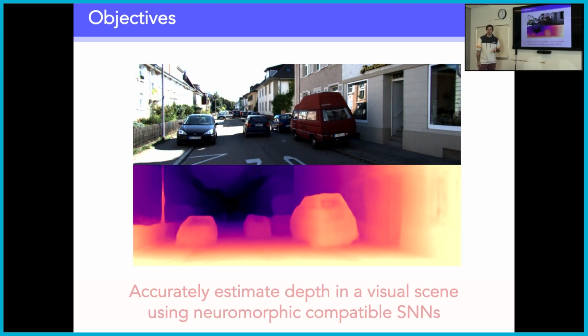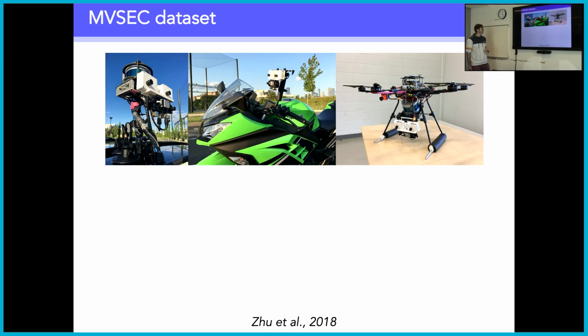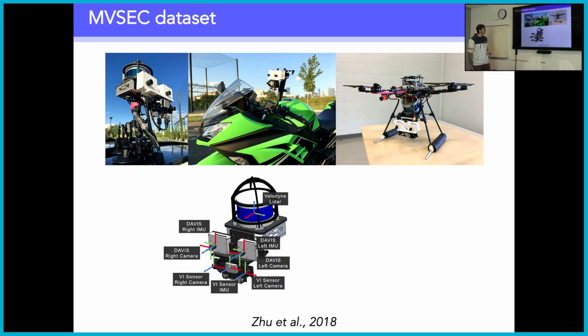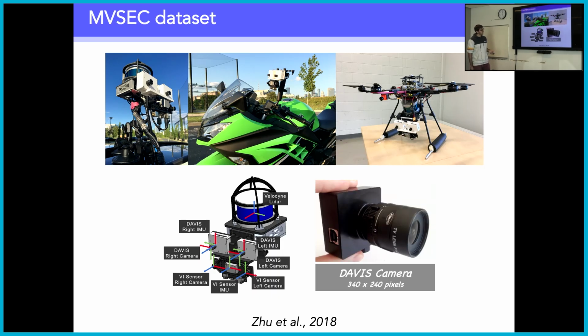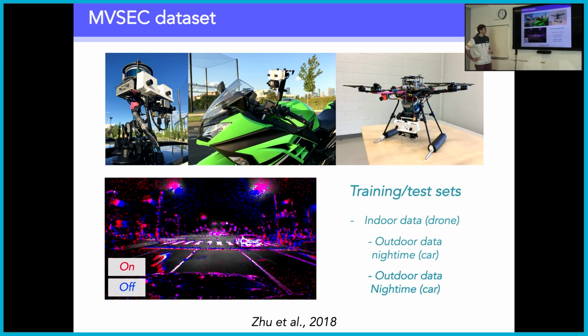So this work is a little bit older, and in this case, we use a dataset that some of you might know, which is the MVSEC dataset. These are data that were collected from two event-based cameras coupled with two RGB cameras, one LiDAR and one IMU. This system was actually placed on a car, on a motorbike, or on a drone. It used Davis cameras to capture the events. Some of the data in this dataset are quite nice. Notably, it includes some outdoor data that were captured during nighttime.